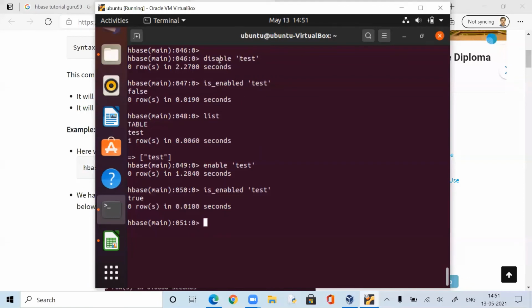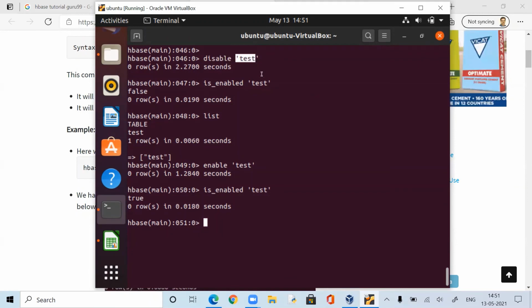So the customer, my client, can press a button so that this table goes to the trash. For him it is not a table, for me it is a table as a developer. For a customer, all the data will go to the trash, and he can go back to the trash and restore it, and that is enable. So he needs to press another button, enable, and now all the trash information will be restored. That is what is called enable and disable.